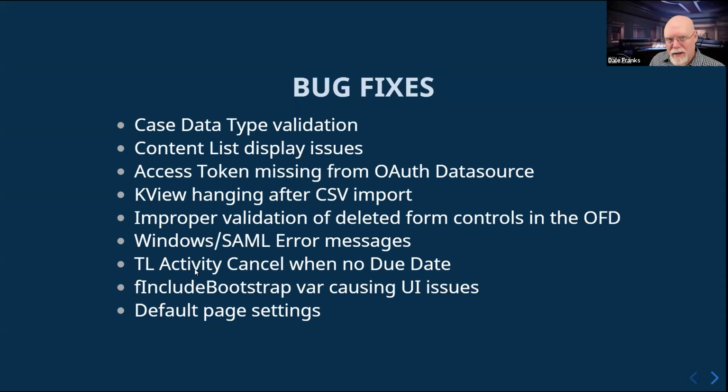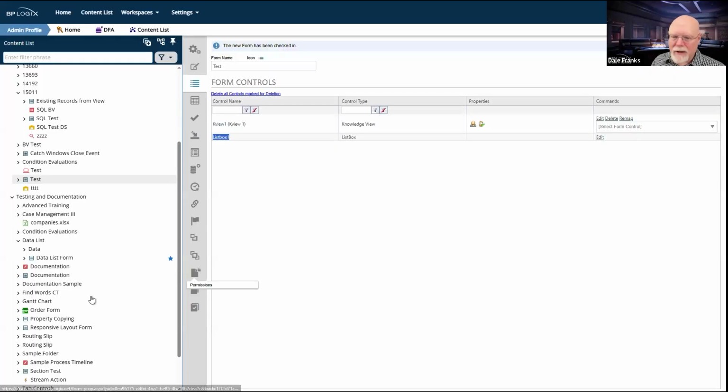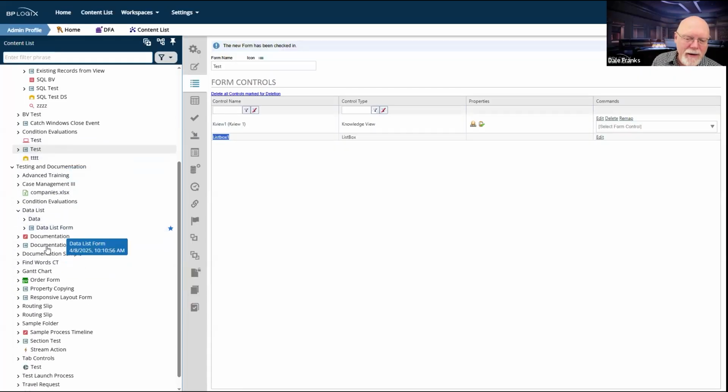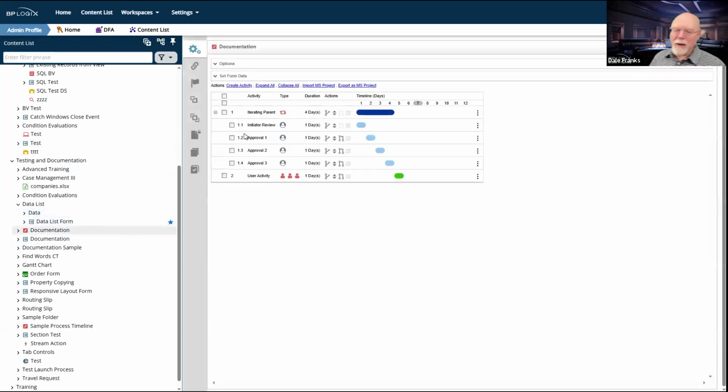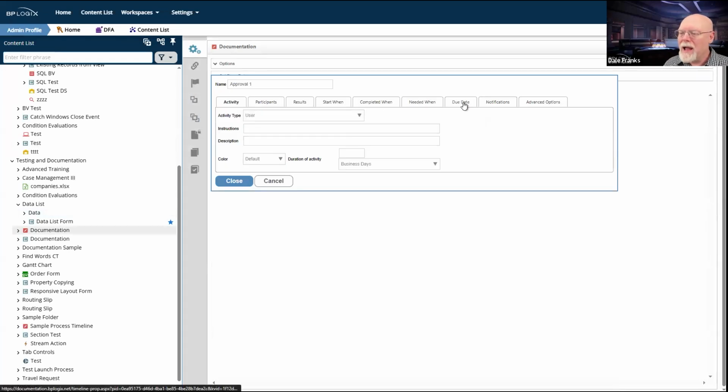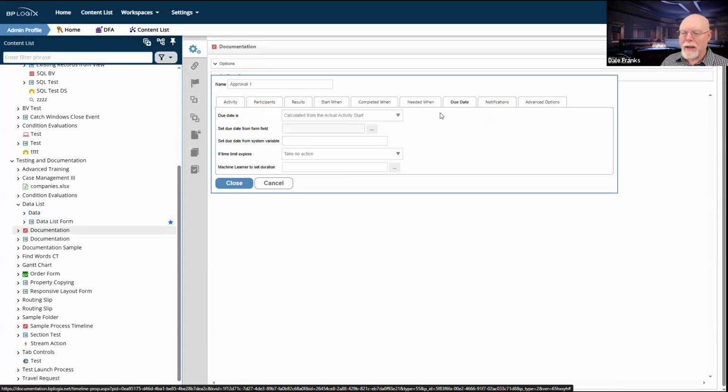Timeline activities that were set to, and let's take a look at a timeline activity. We don't have to guess. We can look at a timeline activity. So let's take a look at this timeline activity right here, and let's go to the due date.